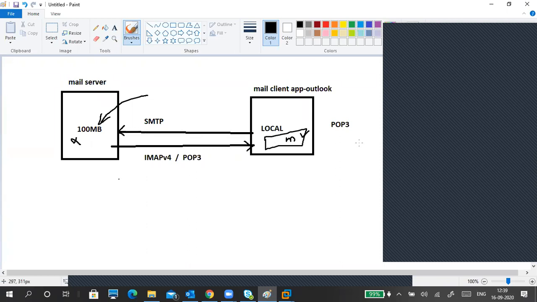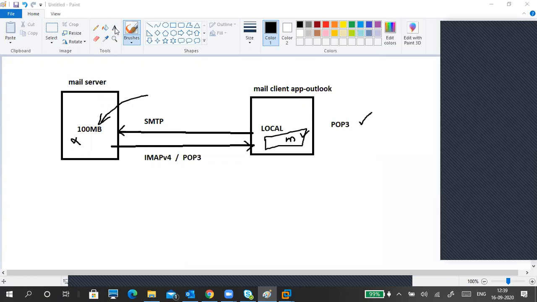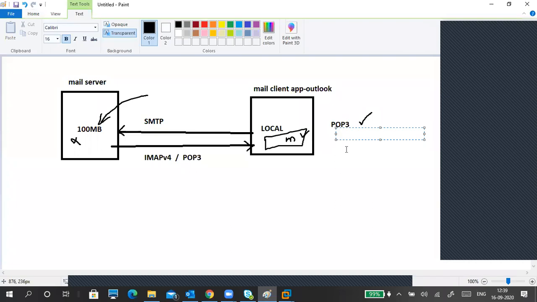So this is POP3. What is POP3? We can easily say it is cut and paste type. POP3 is like moving the mail. It cuts from the server and pastes into the client. We also use the word download; once you download, it becomes a cut and paste type.